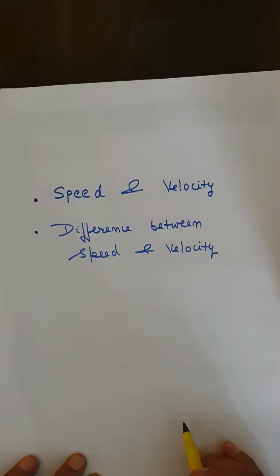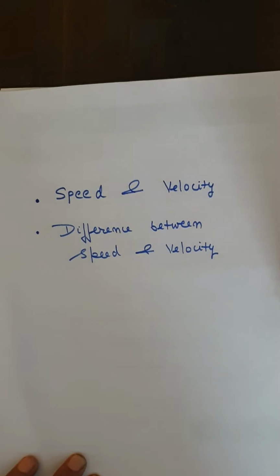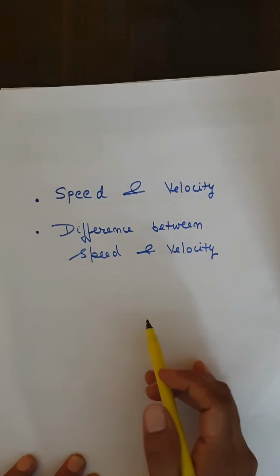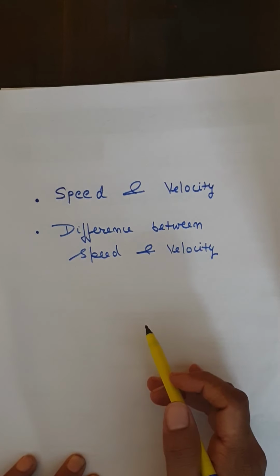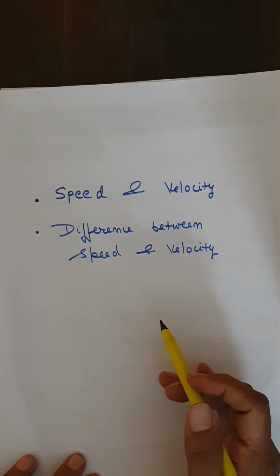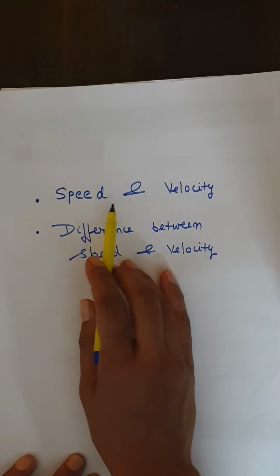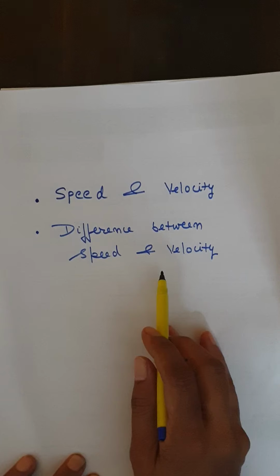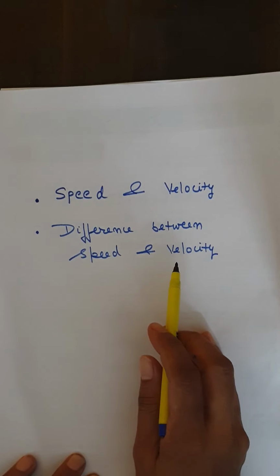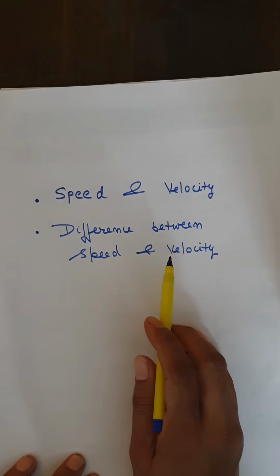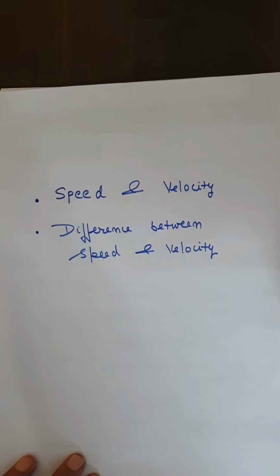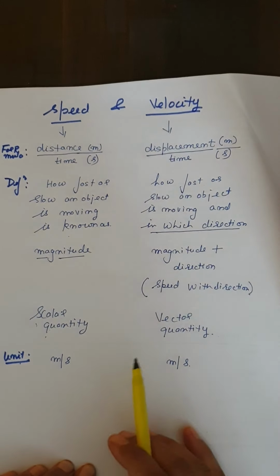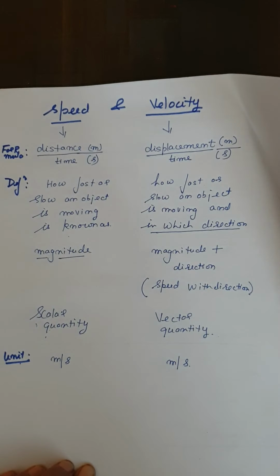Okay, good morning everyone. In the last session, we learned about distance and displacement and the difference between the two, and about the SI units, which one is scalar, which one is vector. In the same way, in today's session, we will learn about speed and velocity, the difference between speed and velocity, their SI units, which one is scalar and which one is vector. So, in this session, we'll learn about all these things. So let's study about speed and velocity.